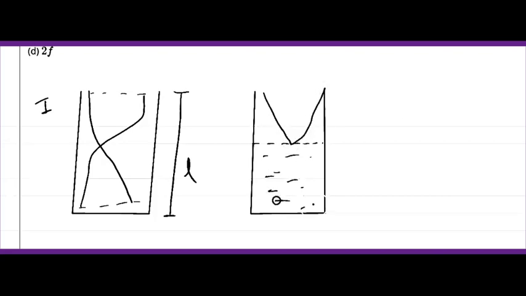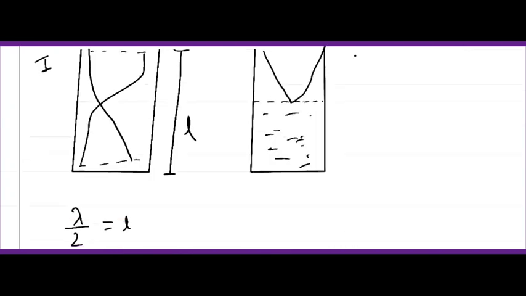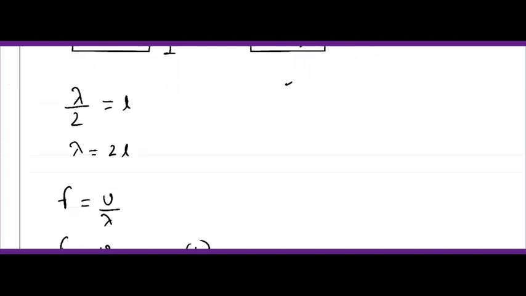The rest is covered by water, because it says in the question that the tube is dipped in water so that half of its length is in water. So half of its length is in water and the other half is forming a node and an antinode. So this length will be L by 2, and the distance between a node and an antinode is lambda by 4. So we can say that L by 2 here is equal to lambda by 4. Let's say it is lambda dash,